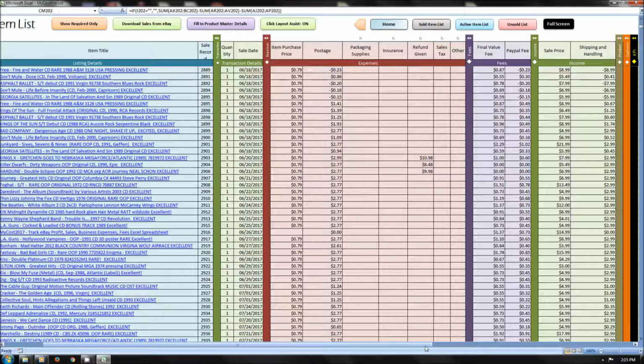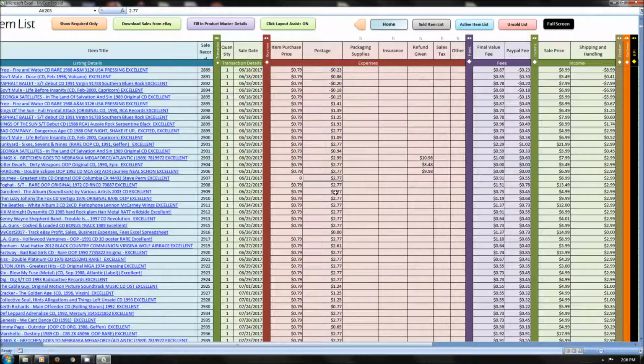And I guess one more scenario we can go over. If we get the item shipped back to us and we give a full refund, the only thing really that would be different would be you would zero out the item purchase price because you have the item back, you can resell it now. The money that you spent to buy that item can go back to earn money on a future sale. If you want to add something like where you pay for the return shipping,